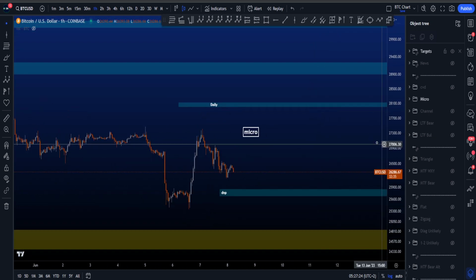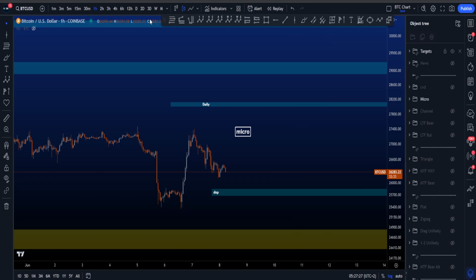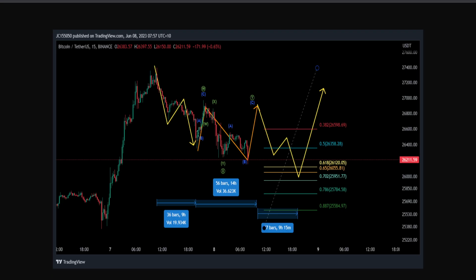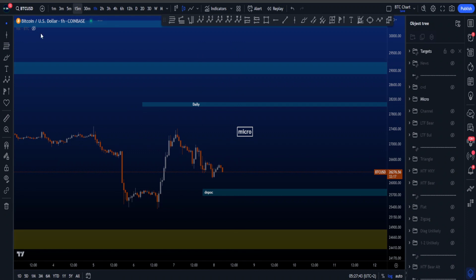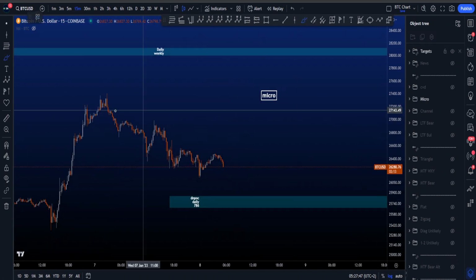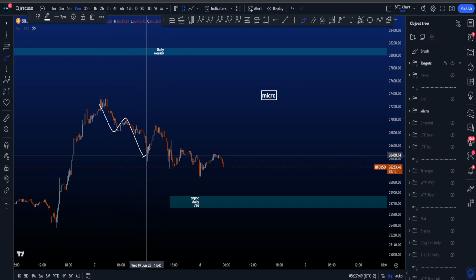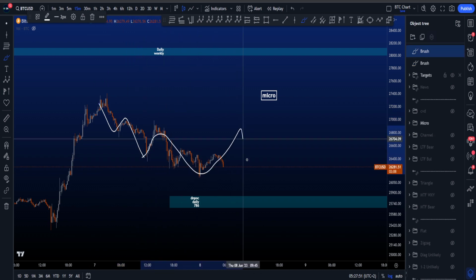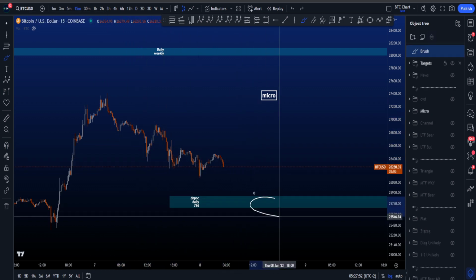I think it is very nice to actually use some screenshots from the community. I just woke up and checked the community, and I saw that John and KG in the group have been busy trying to count this lower time frame structure, which is the 15 minutes. So John is looking for a 3-wave down, then potentially a WXY, and then another 3-wave down. If I quickly go to the 15 myself and show you what he was posting, it is a 3-wave down, then a WXY, and then eventually a 3-wave down,